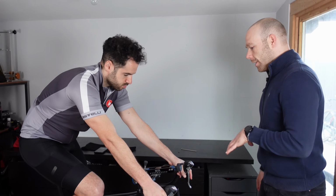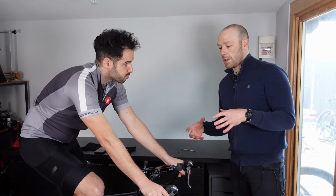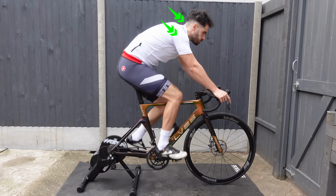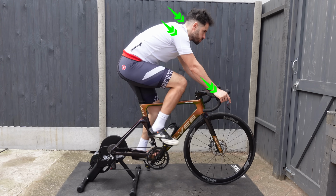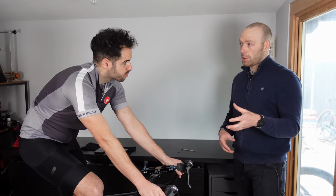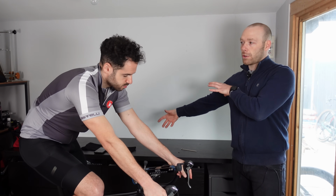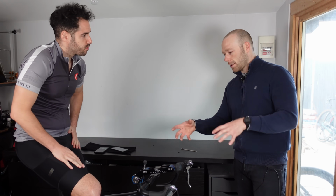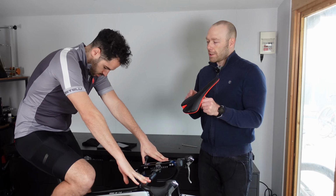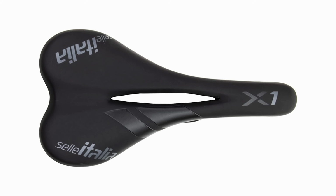What those different hand position changes cause could be tension on the neck, tension on the shoulder, pins and needles in the hands. So if any of those symptoms occurs while you're riding, it could be a sign that something is wrong on the front end. It could also be linked to other parts of the fit, but it's likely that this section could be optimized by that setup. So now the saddle is also a big indication of how right your position is,